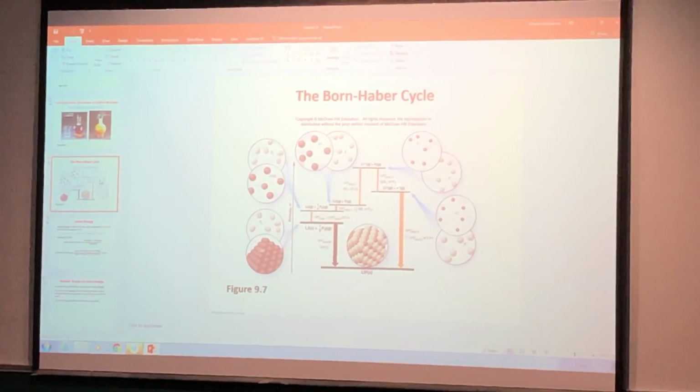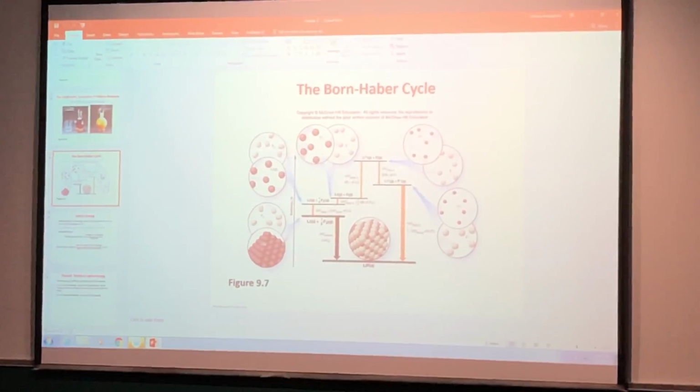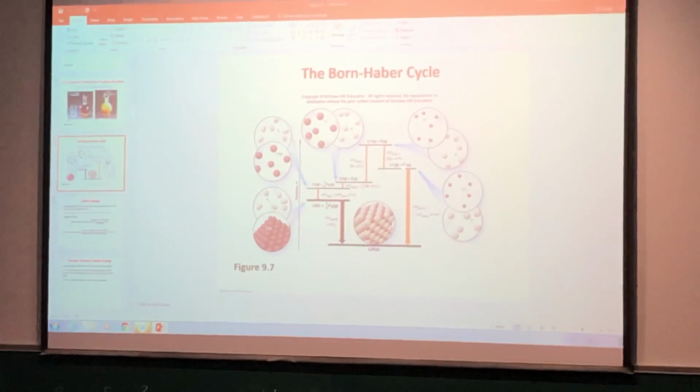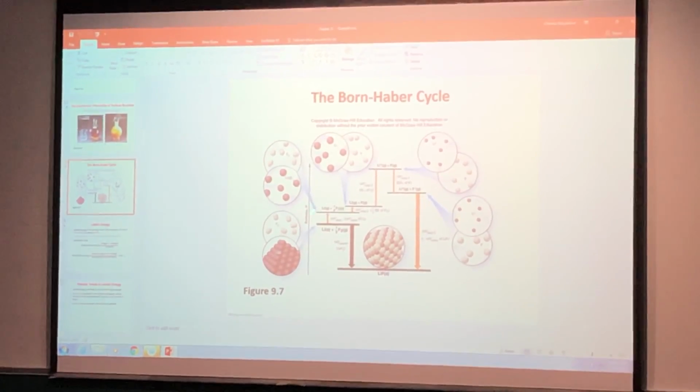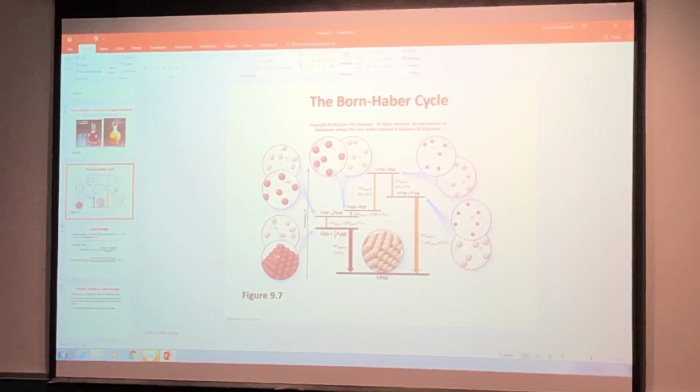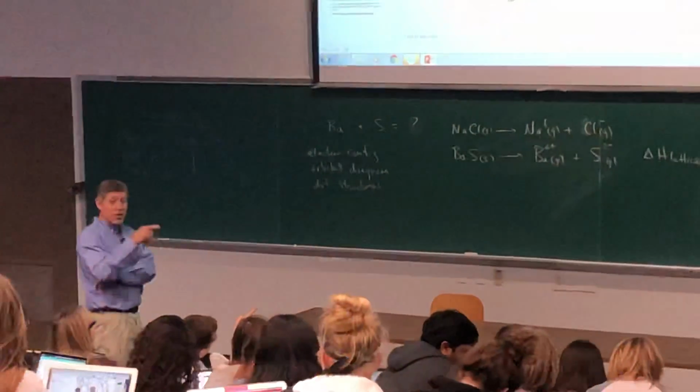What we ultimately want to get to then, since we've got these apart, is we want to get to lithium being a cation and fluoride being an anion. Okay? Well, what do we have to do? We have to go through that stepwise. So each one of these steps corresponds